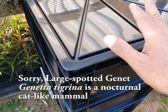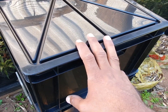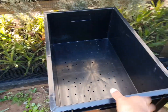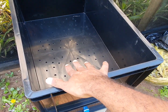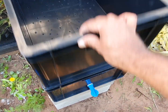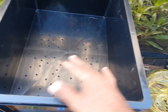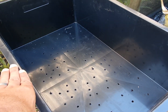So let us fill this up. Let's put some worms in here. Let's prepare this for worms. So first, what you want to do is this. I'm going to take this back off and leave the first one in place, okay? So you've got the tap at the bottom, and then the first tray sitting into the bottom tray. Okay. Now, first and foremost, what you need to know about worms is they need a moist,